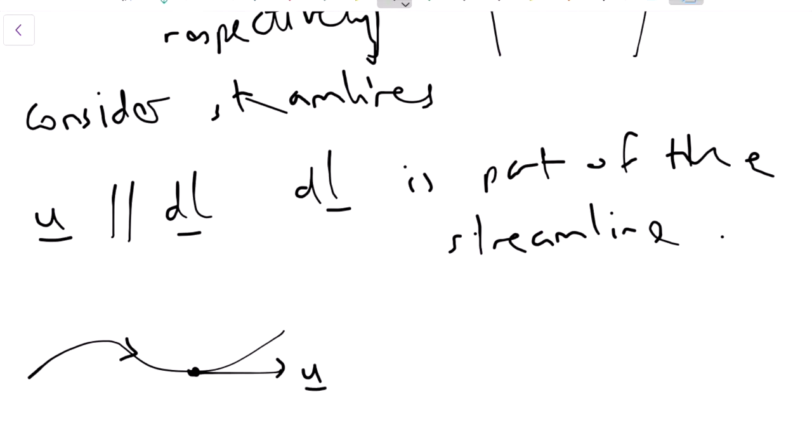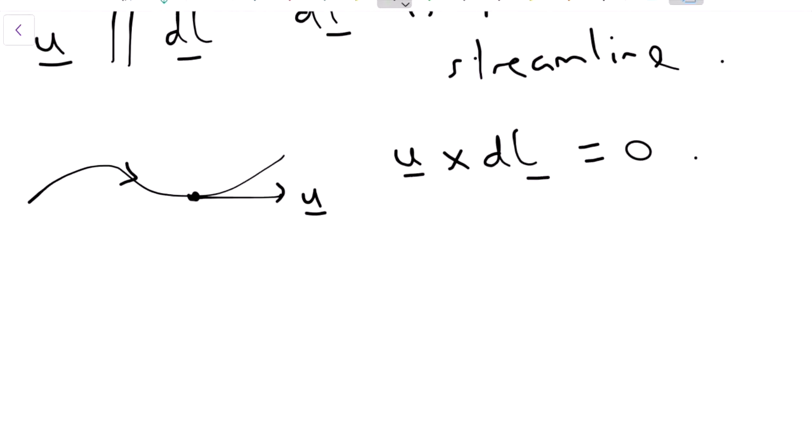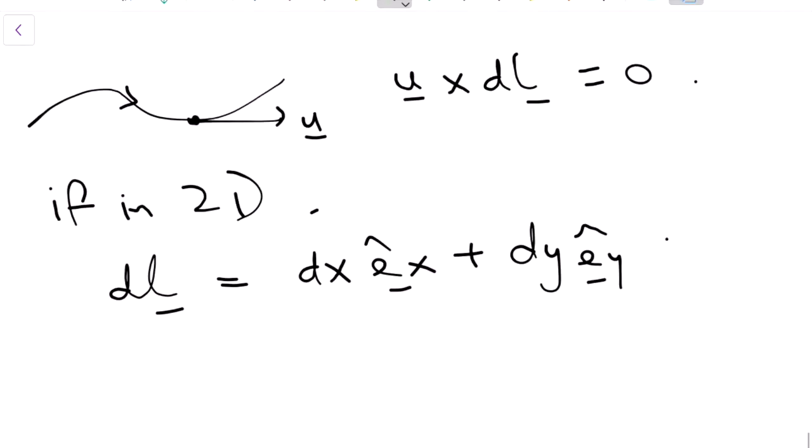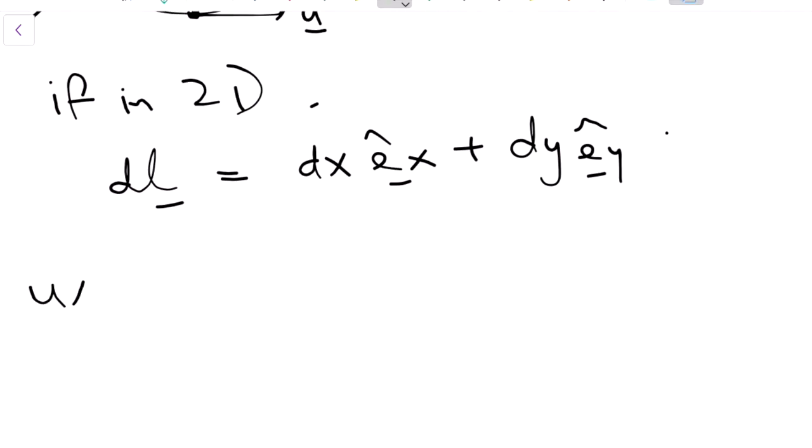Well, you can immediately say that U crossed with DL gives 0, and if in 2 dimensions, then you can represent DL as dx ex plus dy ey, and then U cross DL will be, well, let's use what we've just learned,